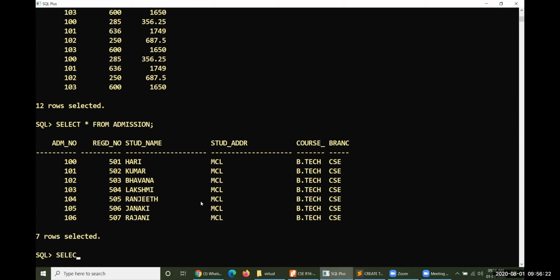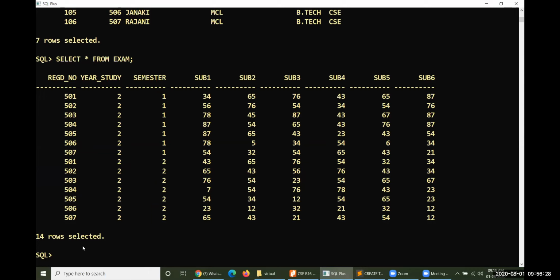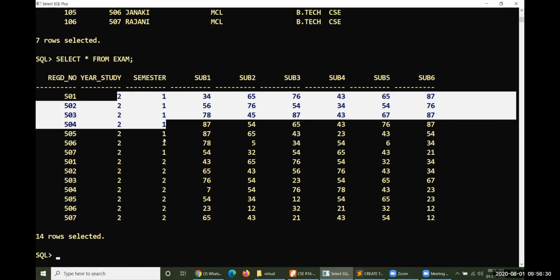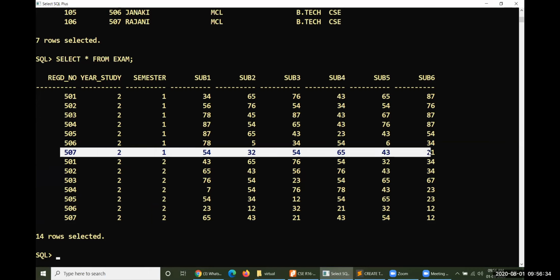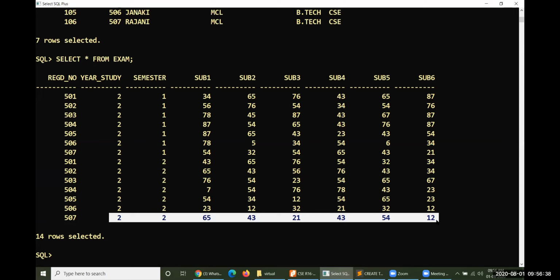And then select everything from exam, the data will be the same. So totally, look at this, this is 2-1's information up to 507. And again up to 507, 2-2's information is also given here. So totally 14 examinations. Each person has taken 2 different examinations for 2 semesters.